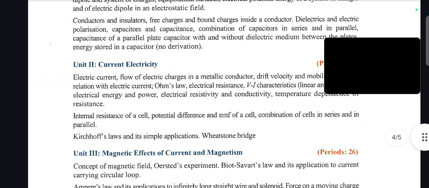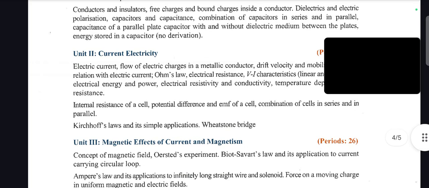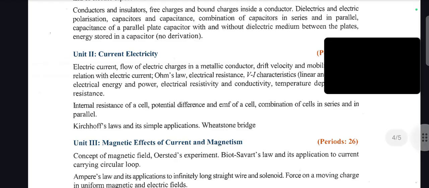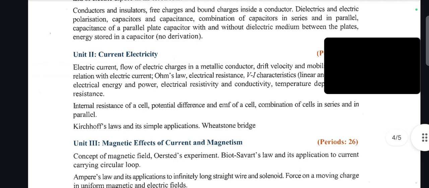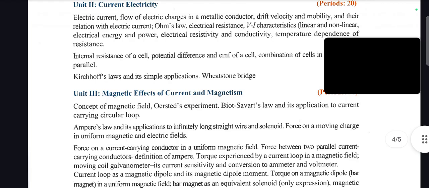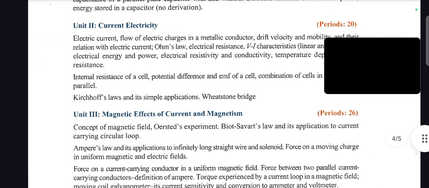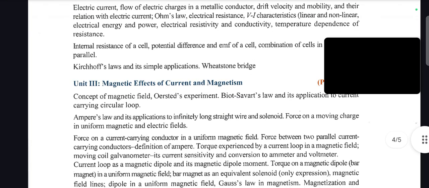series and in parallel, capacitance of a parallel plate capacitor with and without dielectric medium between the plates, energy stored in a capacitor. Unit 2, Current Electricity: electric current, flow of electric charges in a metallic conductor, drift velocity and mobility and their relation with electric current, Ohm's law, electrical resistance, VI characteristics,